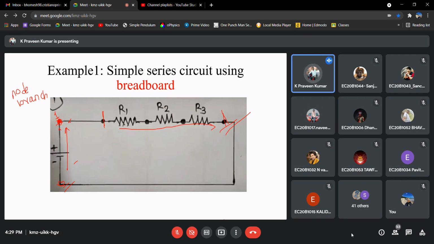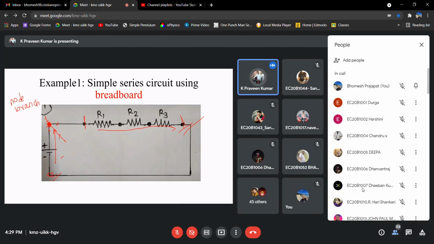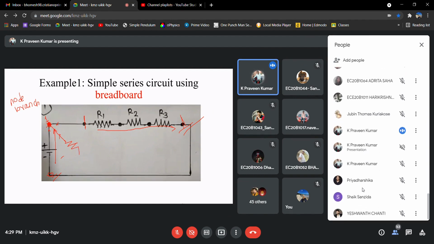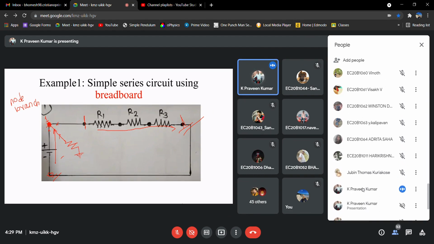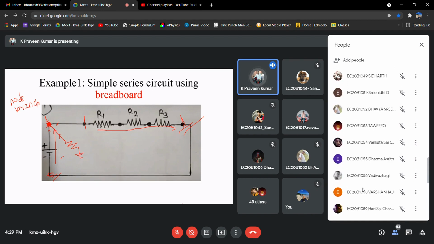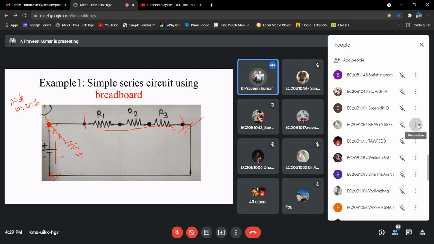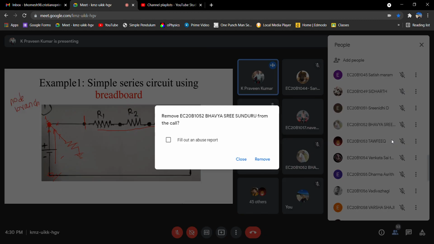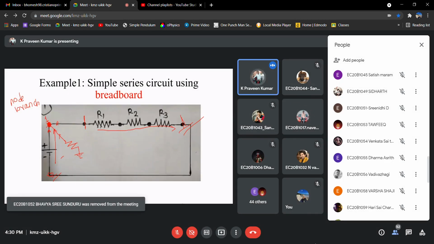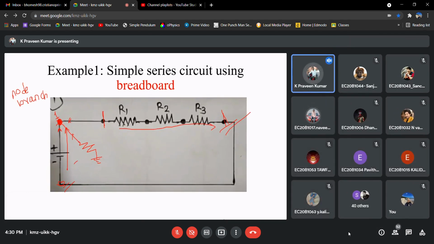These 2 getting connected at a single point is what we call a node. But since these 2 are in series, we cannot call it a node. If you have one more branch, something like this, then we'll call it a node, right? So let us say I have one more resistor, maybe something like this. Now I can call this a node. That means where 2 or more branches get connected, right? This is one branch, this is one branch, and this is another branch. Okay, that is a node, basically.